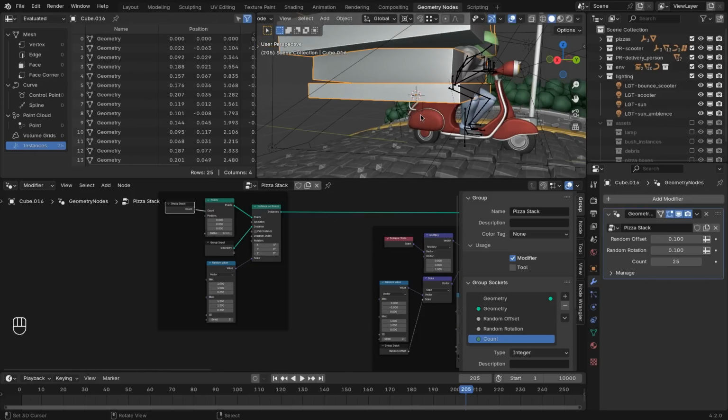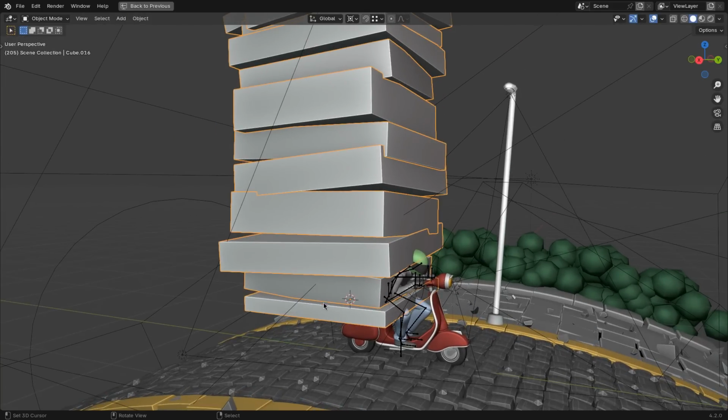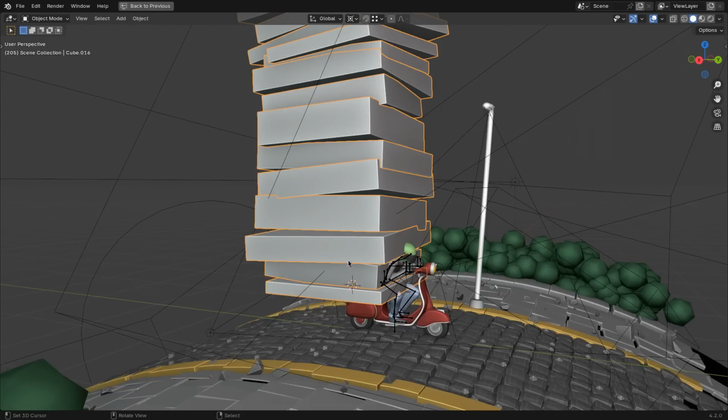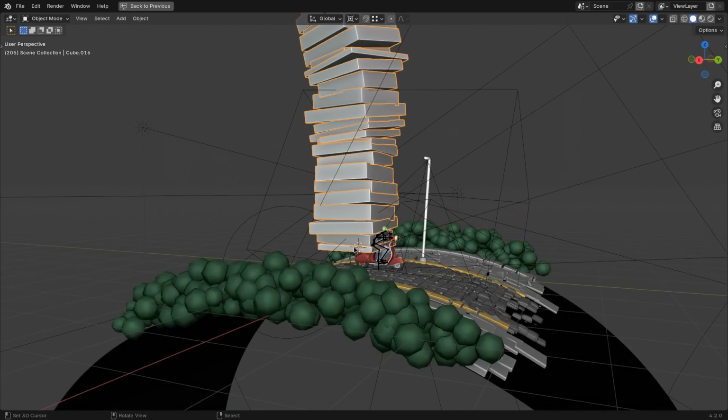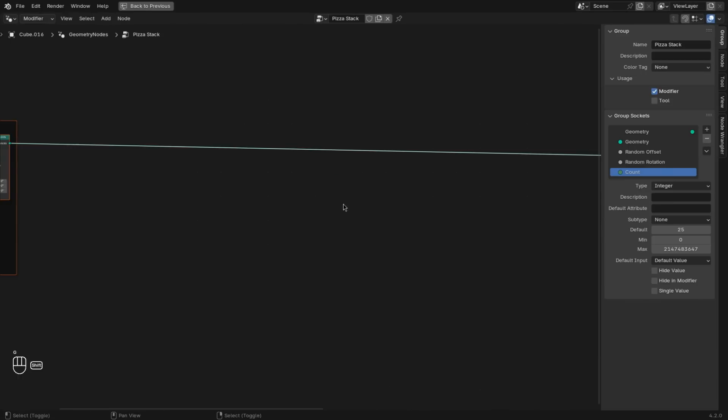And then we're going to create a simulation to get the offset from that transformation and move it along through the stack. So there's going to be a little bit of delay to move all of the additional pizza boxes on top by that transformation. And each frame it's going to move a little bit further through the stack, and that way go all the way to the top. So let's start with that setup by making a bit more space and then adding in